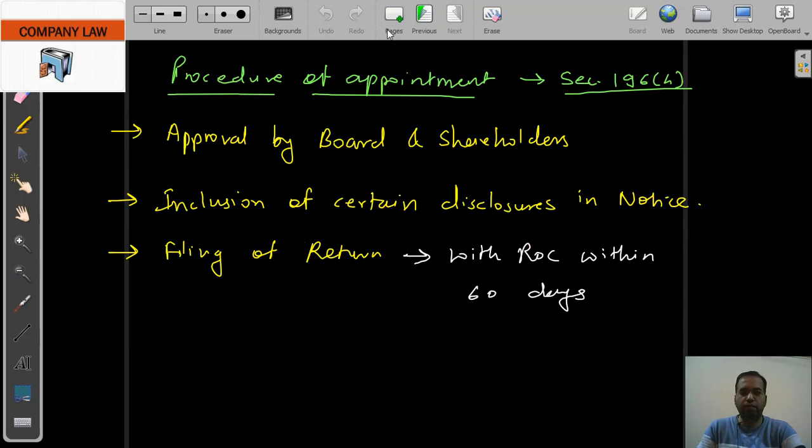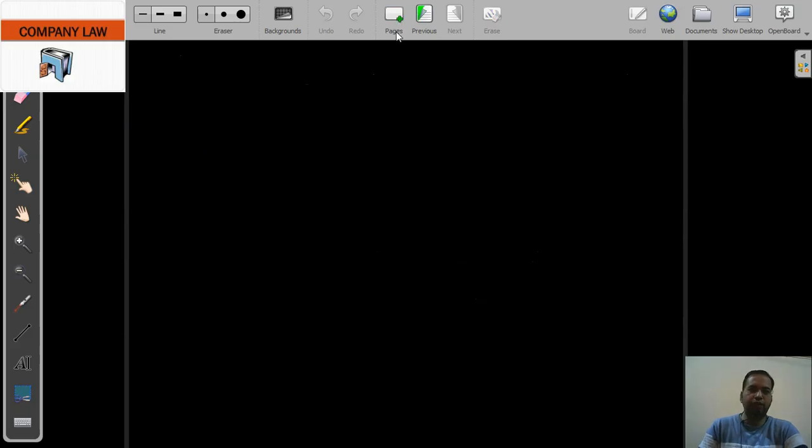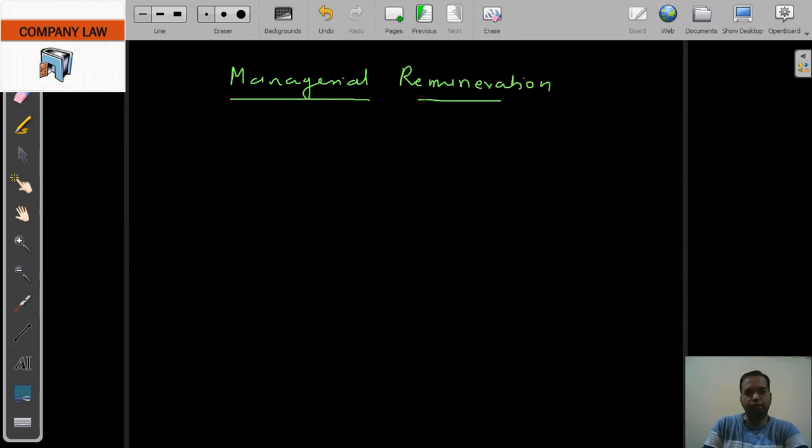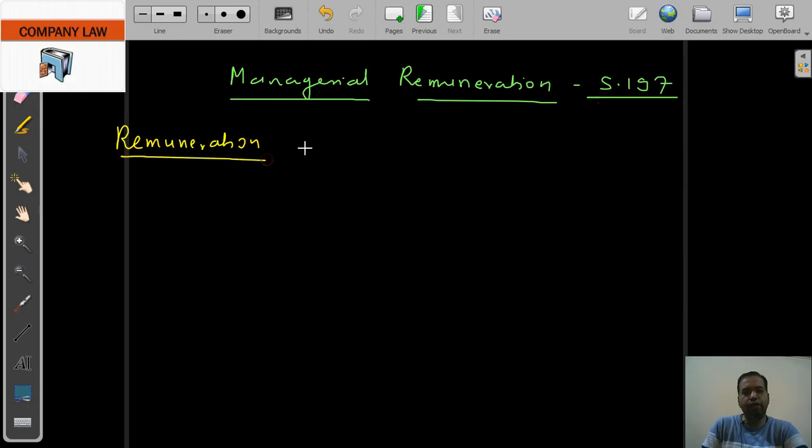Now we'll talk about managerial remuneration, which is given under section 197. But before understanding that, we need to understand the definition of remuneration. What is meant by remuneration? Remuneration is defined under section 2 subsection 78 of the Act, which defines remuneration as